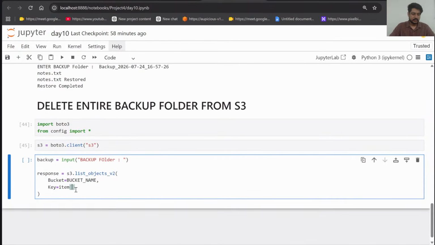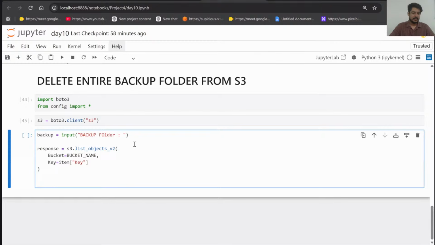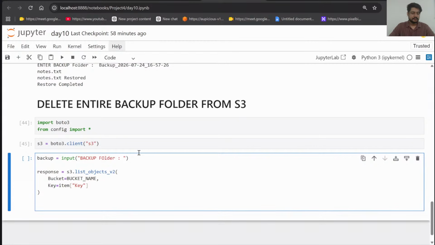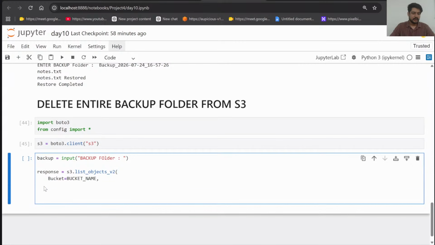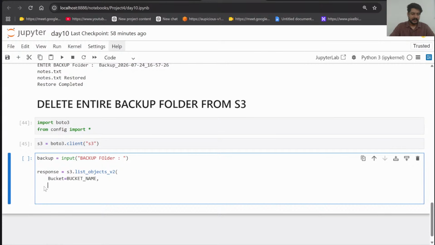Same way we can check it here also. So I'm telling key, this is where it is getting stored. So all the responses of the user are coming from here. Whatever it is, technically they will ask for all the backup, then they will delete all the objects from here. But right now this is not a key we want to give, we are listing actually. So we don't want the name right now to be given.